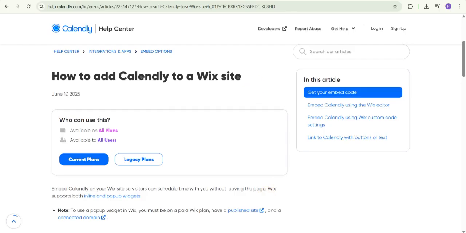This integration allows your website visitors to schedule appointments with you directly through your site, streamlining the process for both you and your clients. And that's it. You now have Calendly successfully added to your Wix website. This integration will make scheduling meetings much more efficient and can improve the overall experience for your clients by eliminating